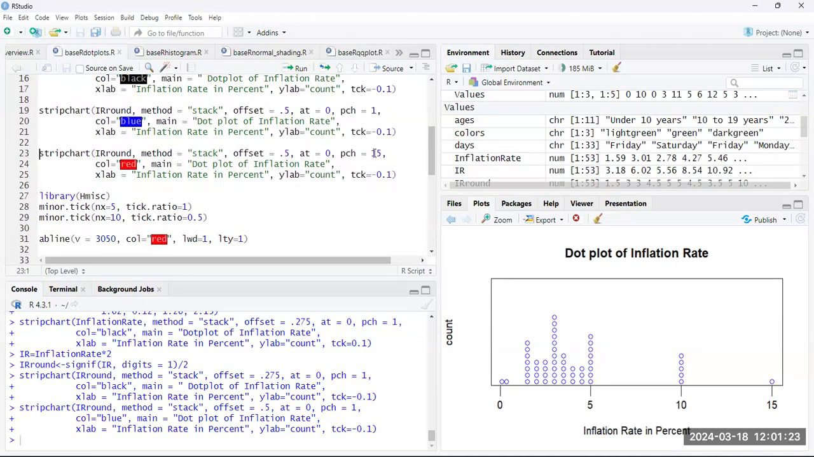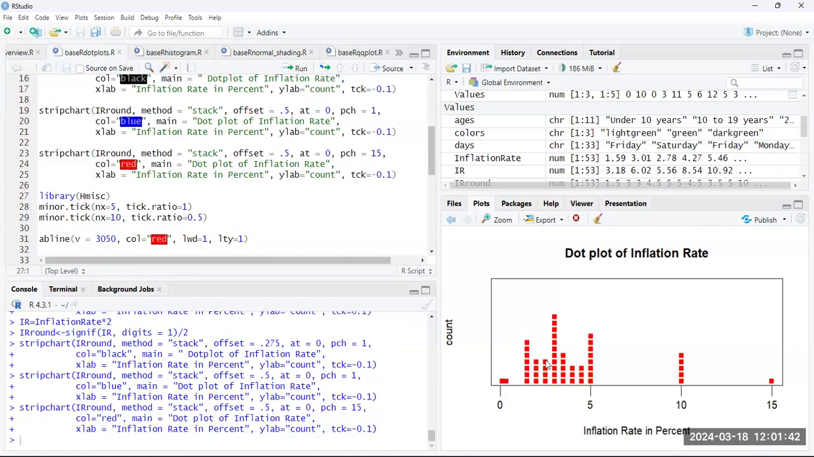I can also change the dot type by using PCH equals some other value instead of 1. There's a whole range of different things that you can choose, and you might want to experiment with them. Online, there's a picture list of what they all end up looking like. But if we run that, then here in this example, now they're square